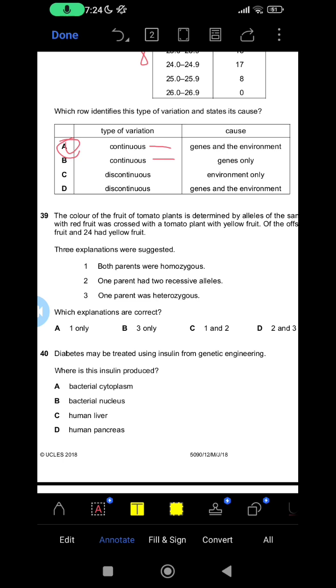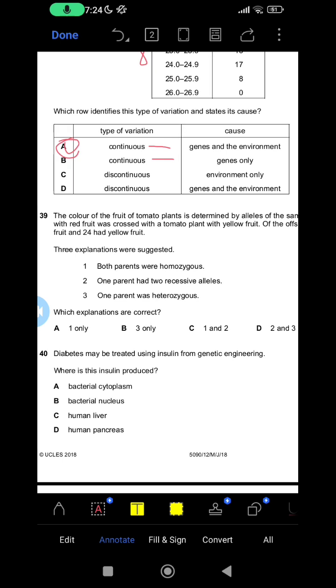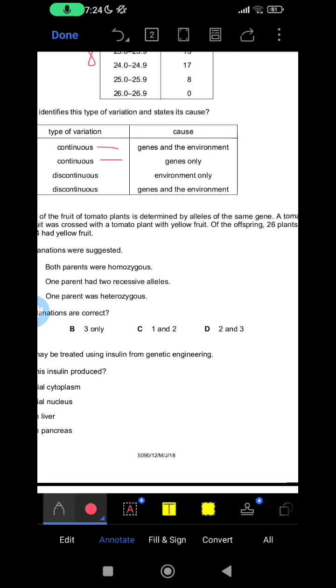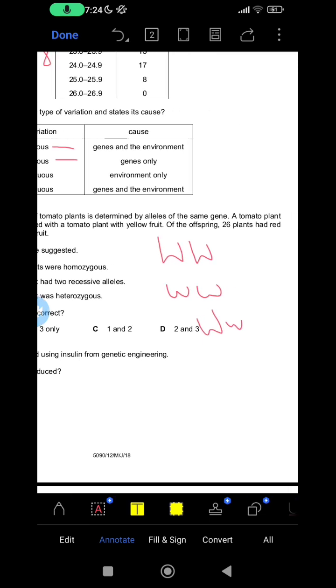One parent was heterozygous. Now, if a tomato has 2 colors, one has to be dominant and the other has to be recessive. So one parent will have both recessive alleles and the other will have either one dominant. So the possibilities for the other one are either homozygous, which includes both being capital, or heterozygous, one capital and one small. Now as we know, when a homozygous dominant is crossed with a homozygous recessive, the ratio of offspring produced